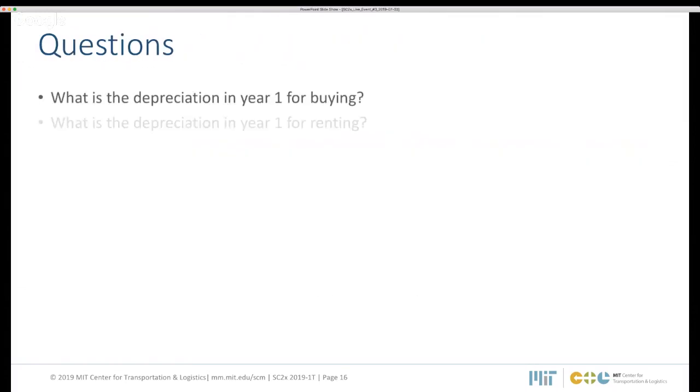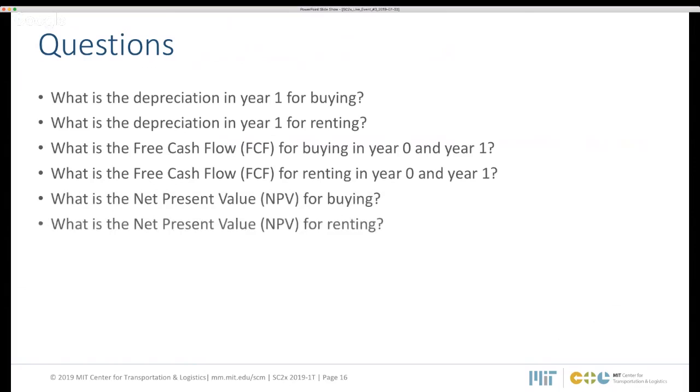So, here you see the sort of questions that you can get in this exam. Like I said before, this question is really asking you to determine the net present value of two options, buying and renting. But as you would see in the exam, we would also ask you some intermediate questions, but they all lead to the ultimate goal, which is to figure out the NPV. So why don't we actually figure out the NPV, and all the questions that have been listed here would automatically get answered.